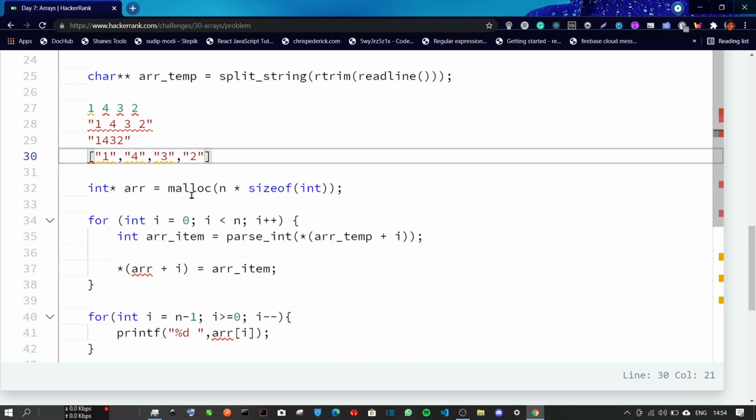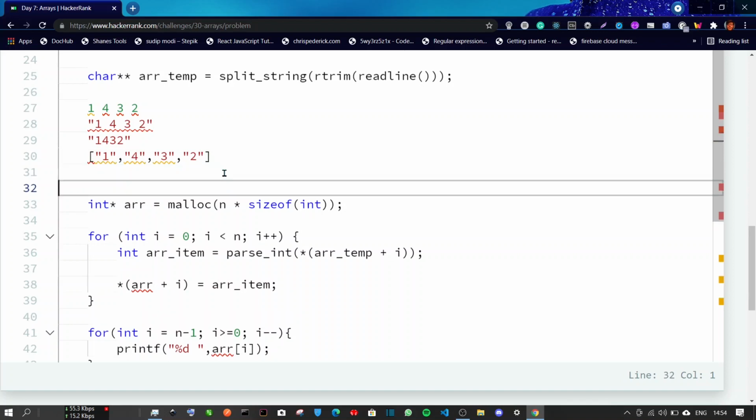Malloc is a function that is used to allocate memory dynamically, which means while you are running the program, you allocate memory on the fly instead of statically allocating memory like we do with, let's say, an integer array of size 1000. So this is a static declaration where we know the memory size that we require, but this is not always the case. So we need some method that can be used to allocate memory dynamically. Malloc is one of them.